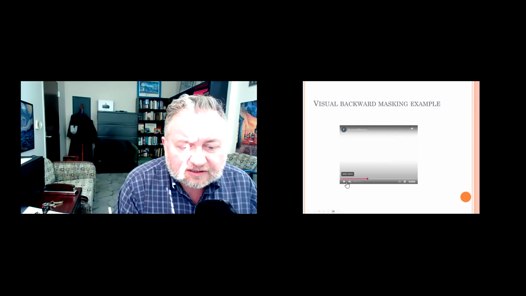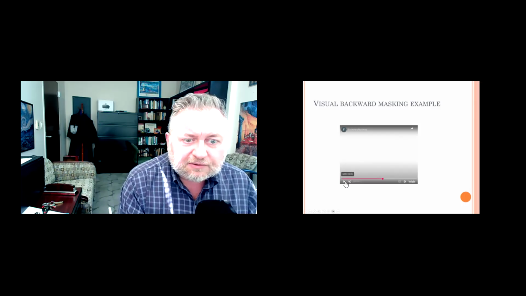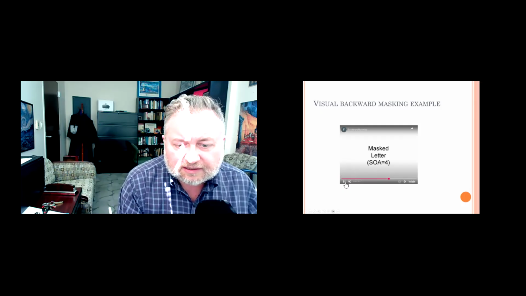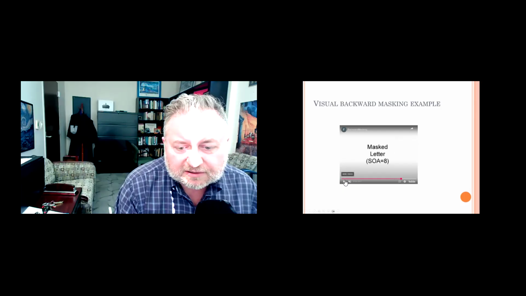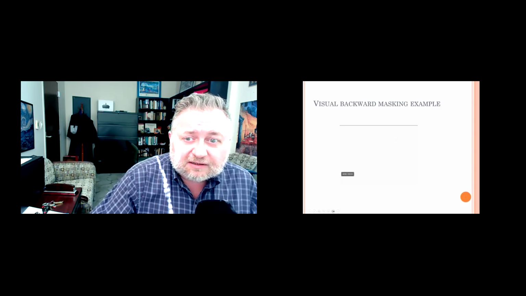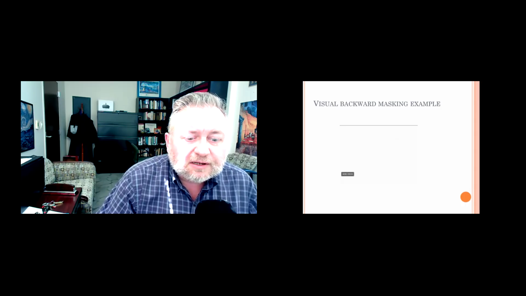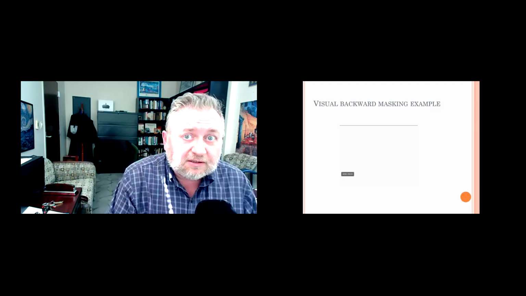If we increase the SOA to value 2, it's a little easier to see. I saw the letter Z there, right? So the masking effect doesn't work quite so well there. Let's try it at SOA 4. And it's very easy to see the letter E there, also at SOA 8. And the letter N, in that case, becomes very easy to see. But when the SOA was set at a very short duration, SOA 1, I don't even know what that letter was.